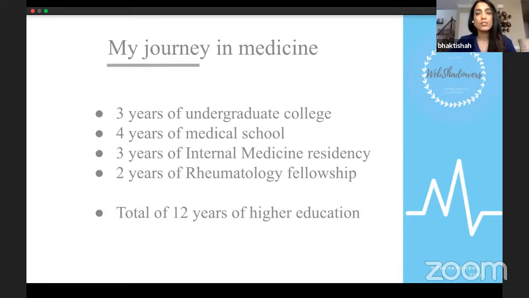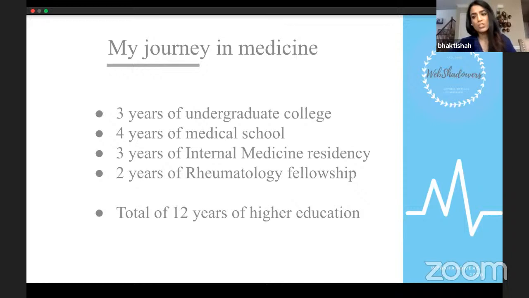The journey is long and it's hard, and I'm not going to tell you that it's easy, but I promise you it will be worth it. You will find balance. Even when you are in medical school and residency, and even in undergrad, when you're spending your weekends studying for your MCAT, just keep in mind what all of this work is for. It is so that you can become a doctor. It is so that you can impact thousands of lives, save thousands of lives. And at the end of the day, you will have everything and more.